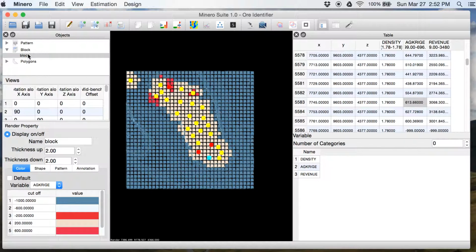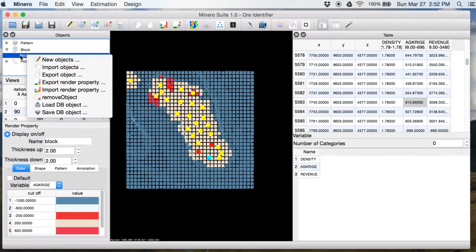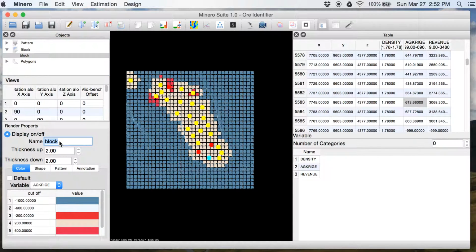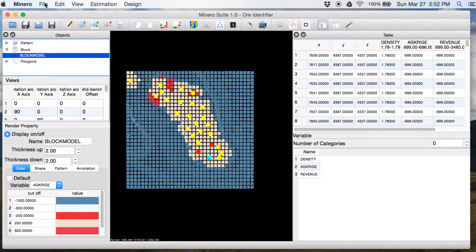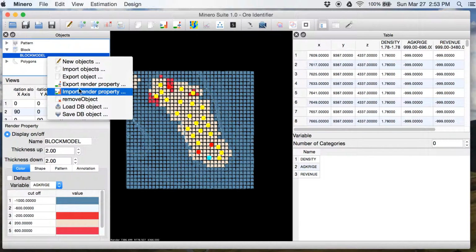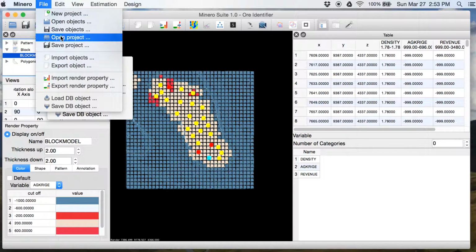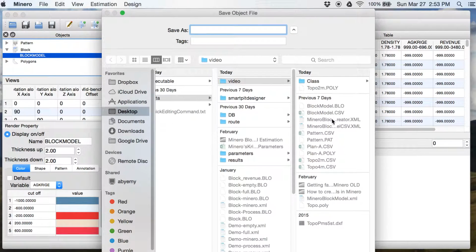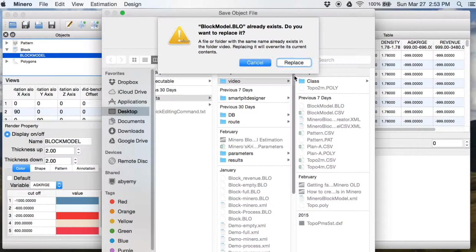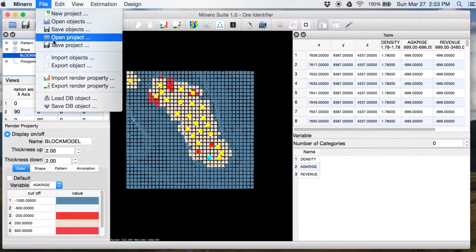Finally, we can save all the objects and we can actually rename the block model if you want. And save the objects. Also, we can save the project.